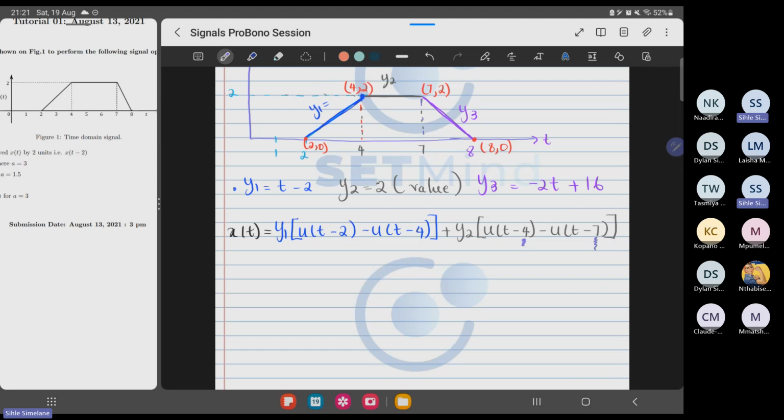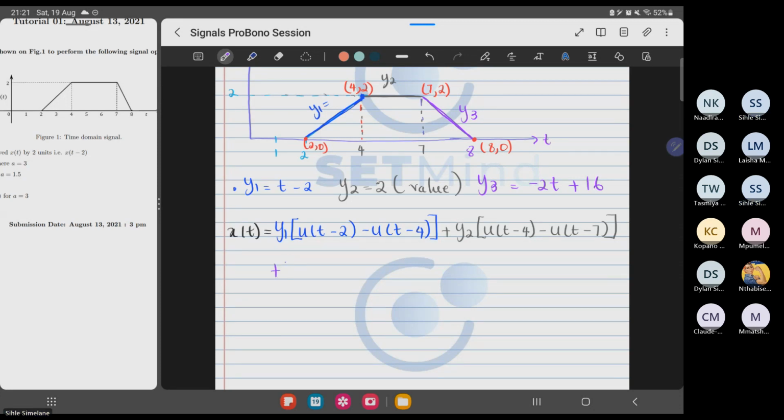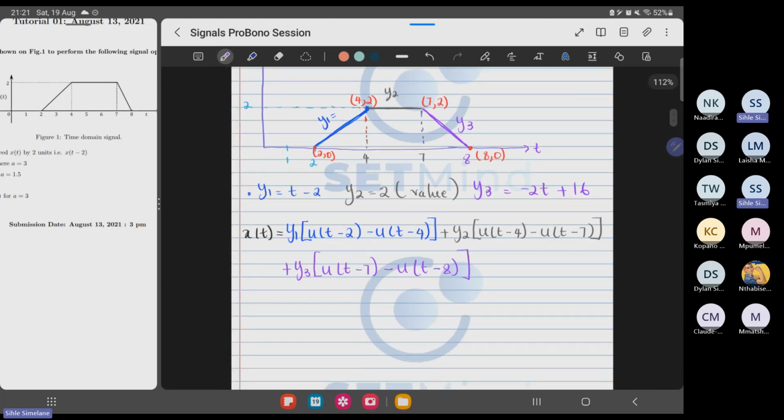And then let's quickly go to y3. We have the graph y3. I'm going to say plus y3, and y3 is between my t is 7 and my t is 8. That's where the graph y3 is. So I can now substitute the respective values which we have found, and then we can now start doing the shift and everything which they want. So therefore,